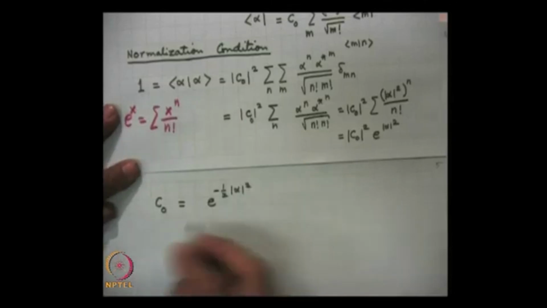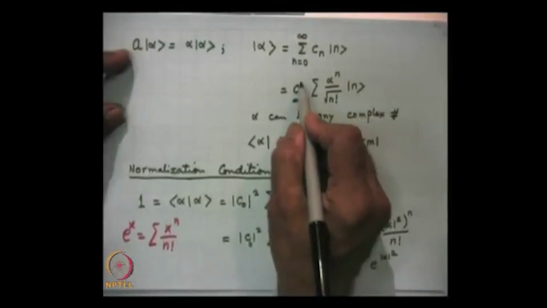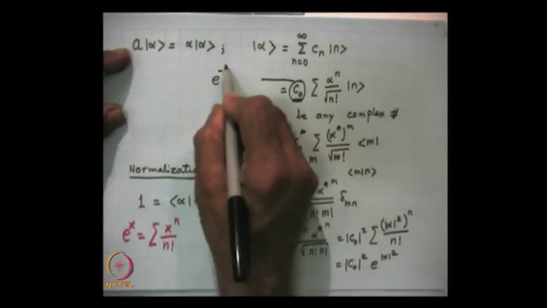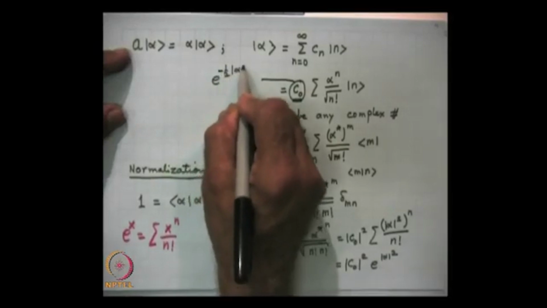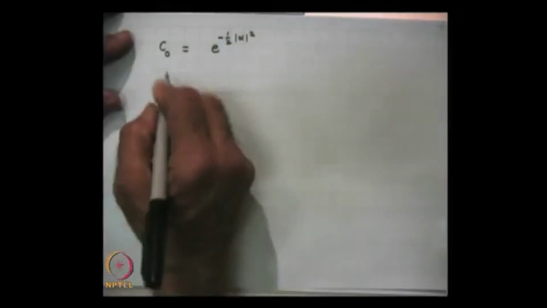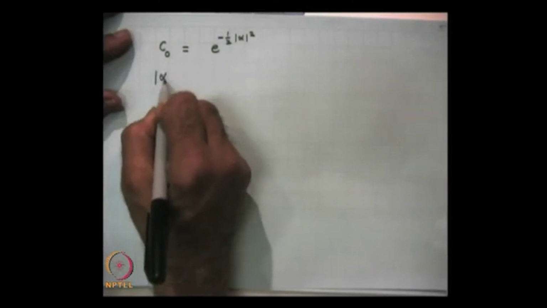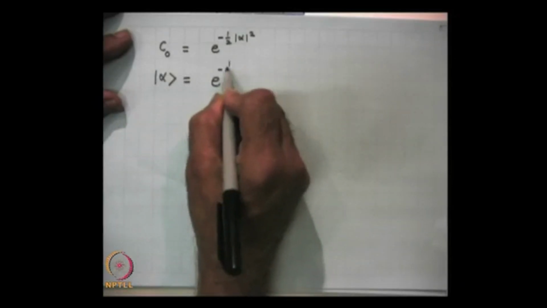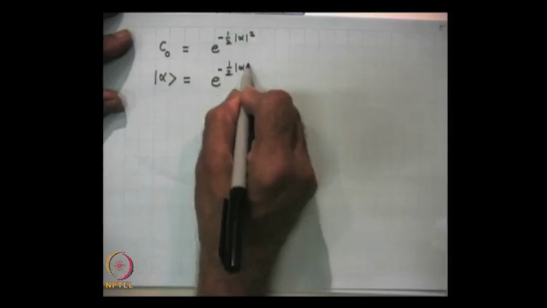And therefore, if I substitute the value of C 0 here, I just now proved that this is equal to minus half alpha square. So, we obtain for the coherent state, and this is a very important result which I would like all of you to remember, e to the power of minus half alpha square